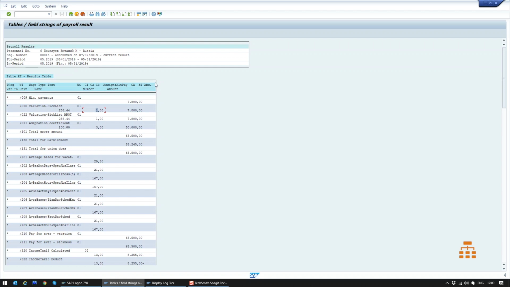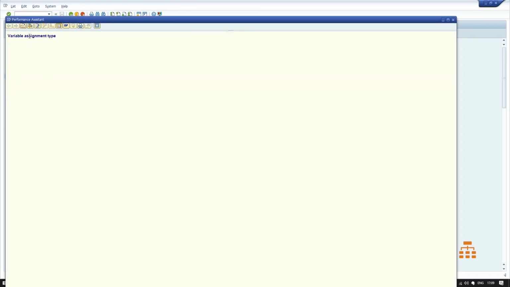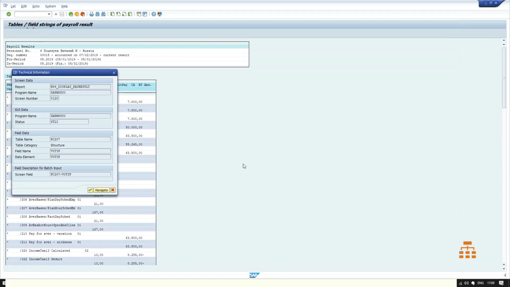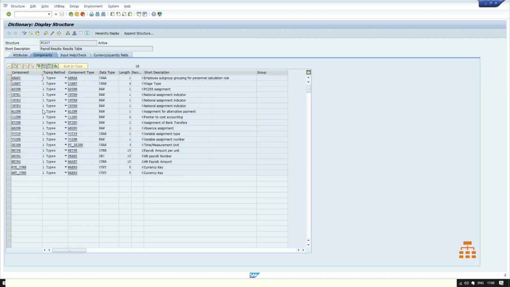You can see we have two headers, just one header with two rows, and if you click F1 on the field table on the actual row, you can see that it gives us some data. Click on the toolbox and there will be a structure and field name. Double clicking on the table name, you'll get to the RT table, payroll results, result table, and all the fields